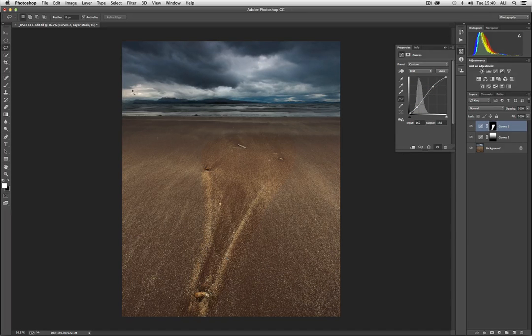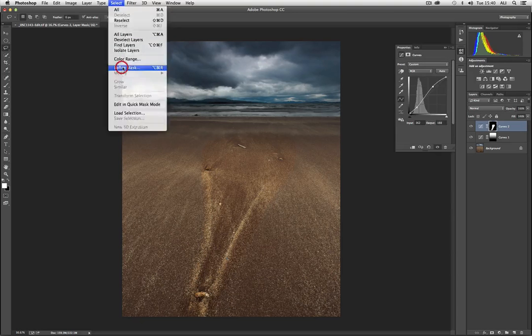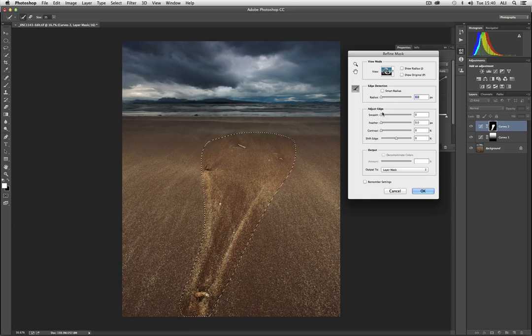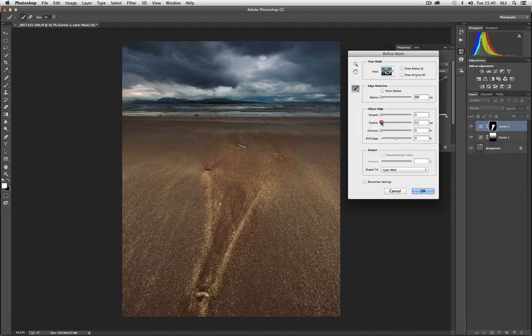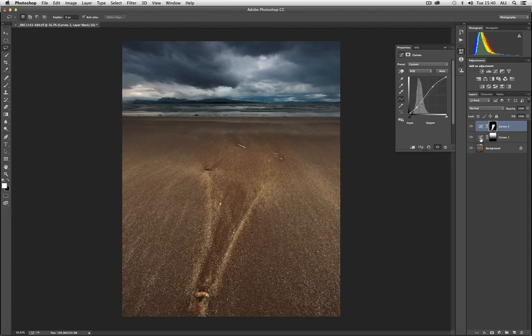Now obviously that looks like a real mess, so we need to refine the mask with a feather. We are going to Command H to hide those marching ants, and then use that feather tool to blend that into the foreground. Now that's created quite a strange look,